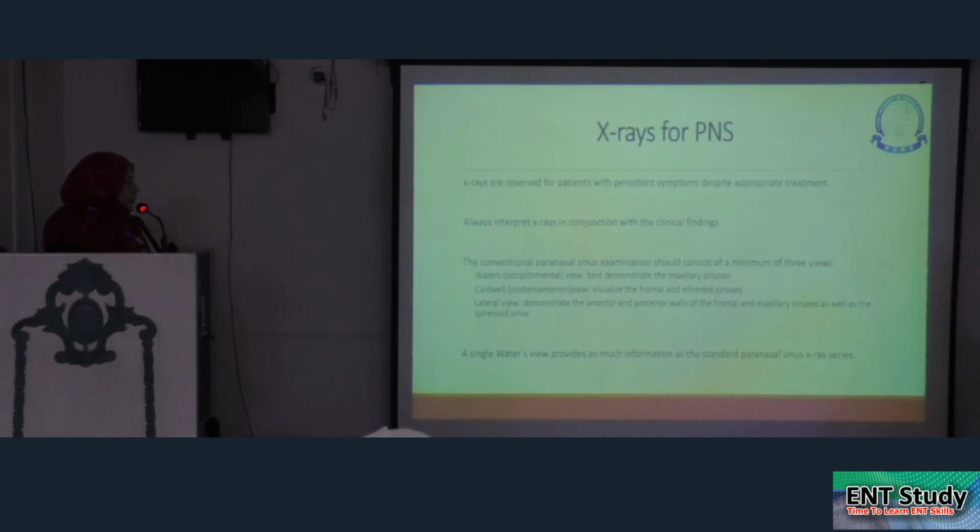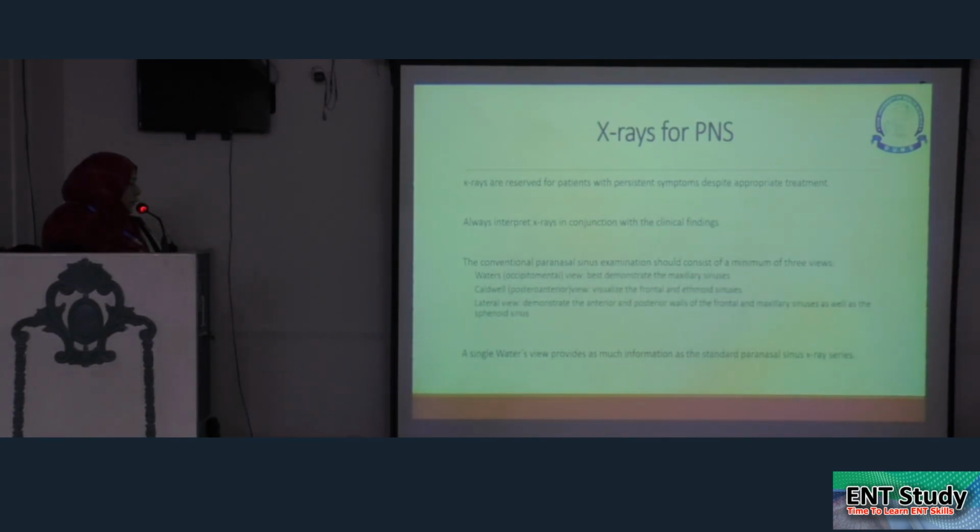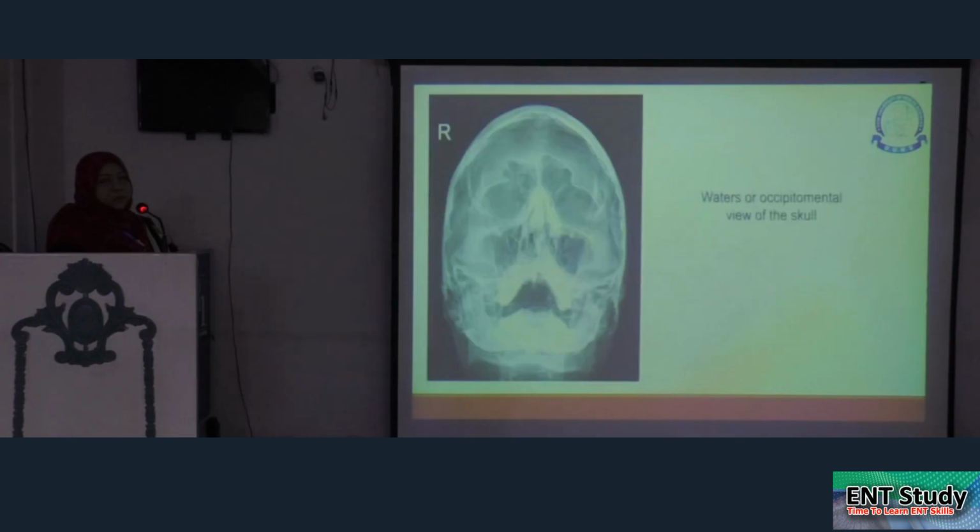The conventional paranasal sinus examination should consist of at least a minimum of 3 views: water view, caudal view, lateral view. But a few studies conclude that the single water view provides as much information as the standard paranasal sinus X-ray. So to avoid exposure to the patient, we should limit it to the single view. This is the water view, which shows the maxillary and the frontal sinus